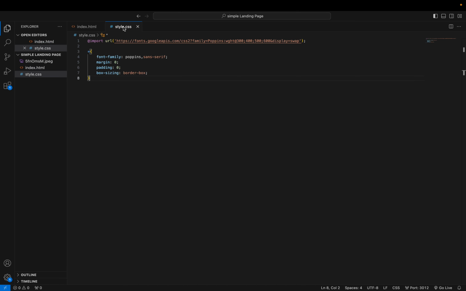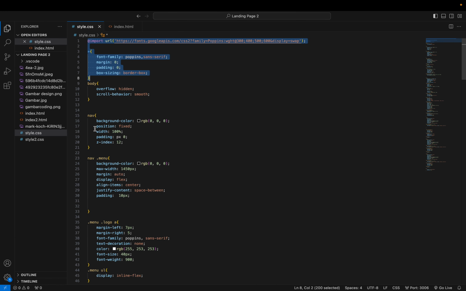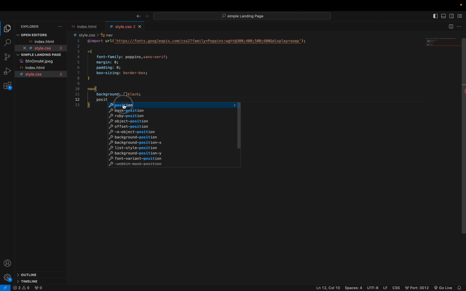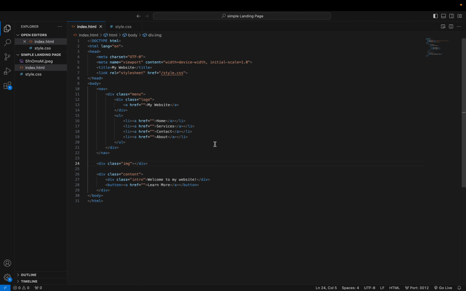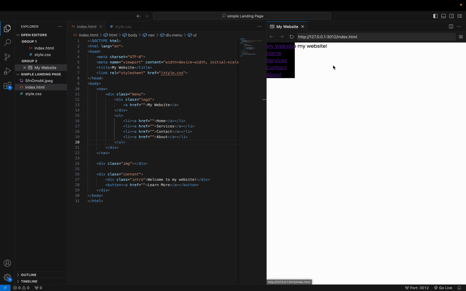So the next thing is we want to decorate the nav bar right here. Just write nav because we want to decorate the nav, of course. You can choose the background color, for example, black. Yep, like this. And right here, we make the position fixed so that the nav bar doesn't move if you scroll. Okay, let's just see the preview. Okay, it will be like this,